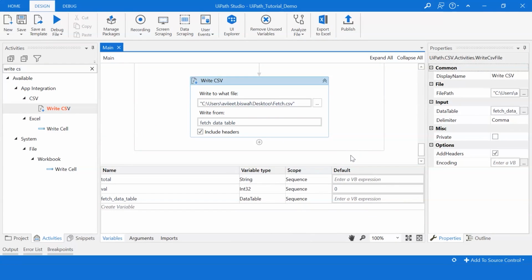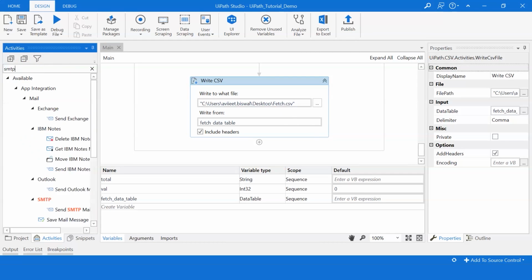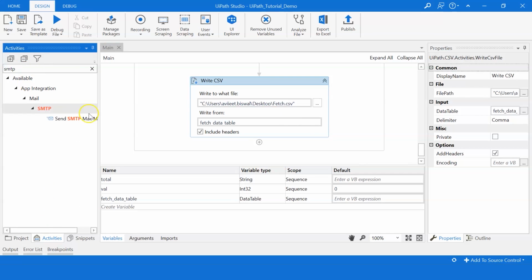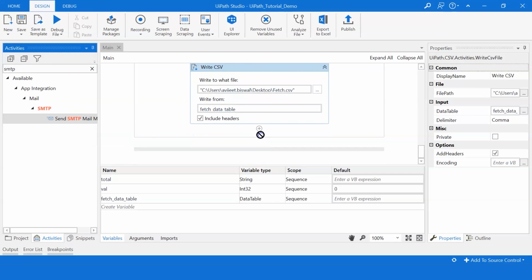The next task is to send this file over email. Now to send an email, you need the SMTP activity. So under activities, I'll search for SMTP. I'll drag it right below here.